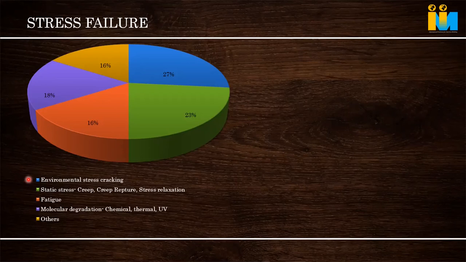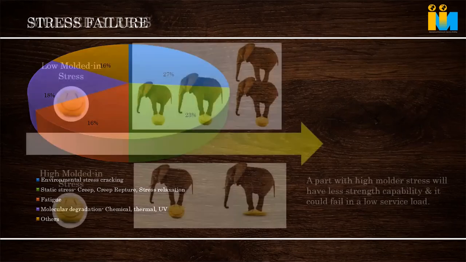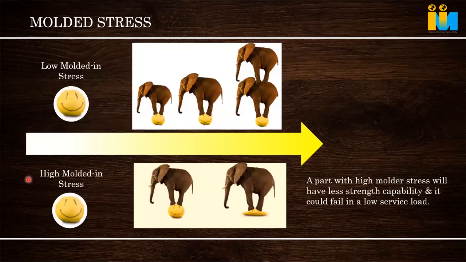And UV is also a big component. That's why most raw materials have UV additive added. When UV contacts the plastic, it degrades and damages the molecules. That's why UV additives are added to the plastic, and there are multiple other factors. These are the major factors. So I'll show you; this is a very, very important factor to understand.